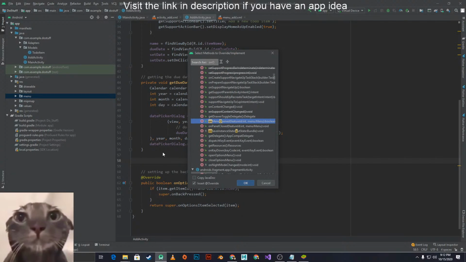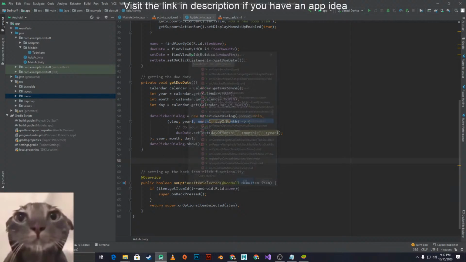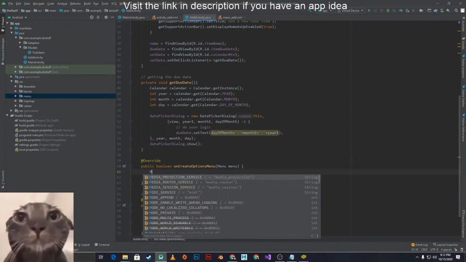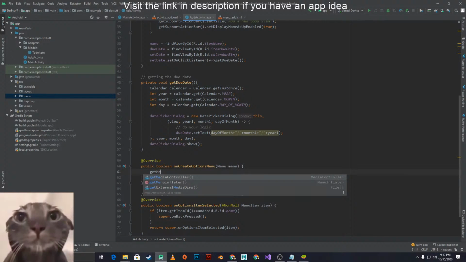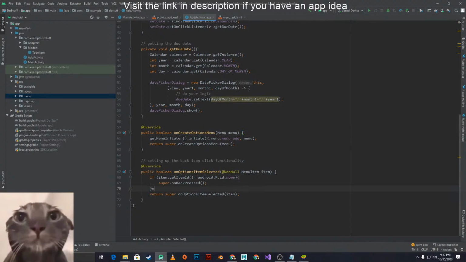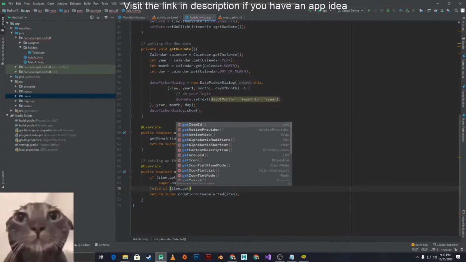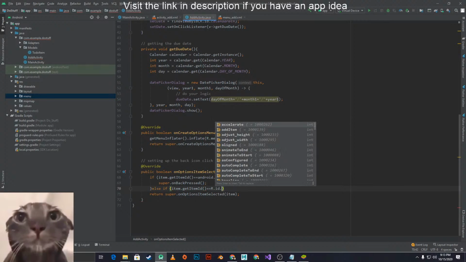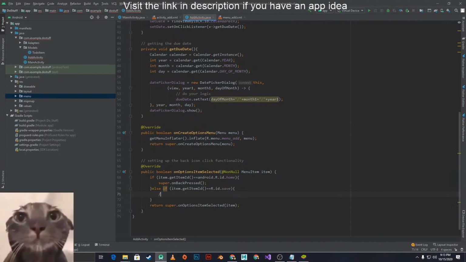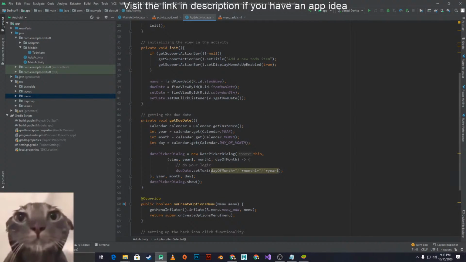So on create options menu, so then we can just say get menu inflater dot inflate r dot menu add into the menu. I can't be bothered to do anything else. Alright, and then else if item dot get item ID is equal to r dot id dot save, then save function called here. Alright, so